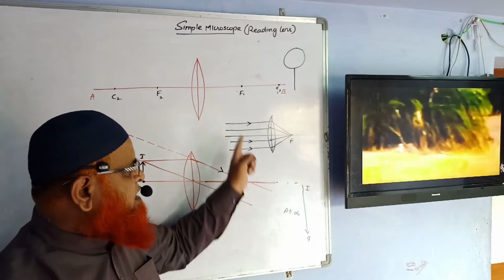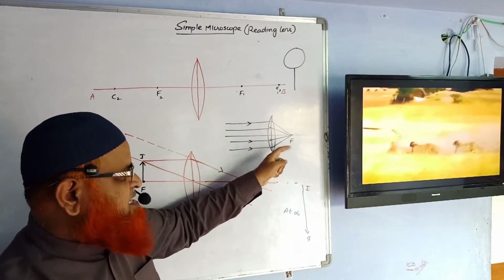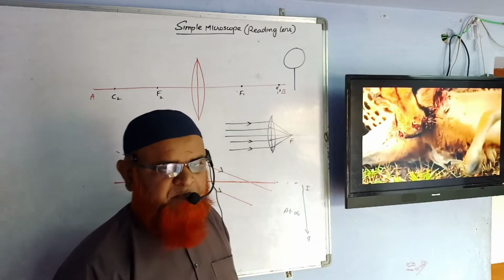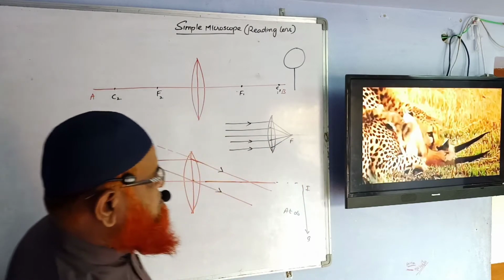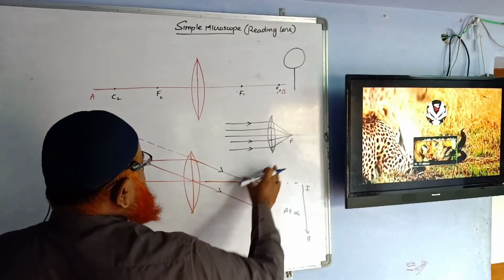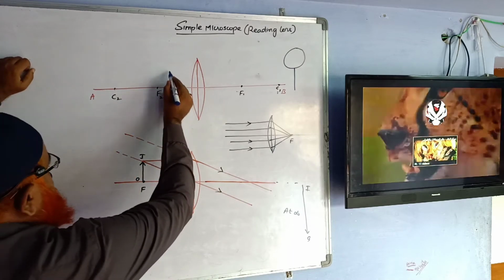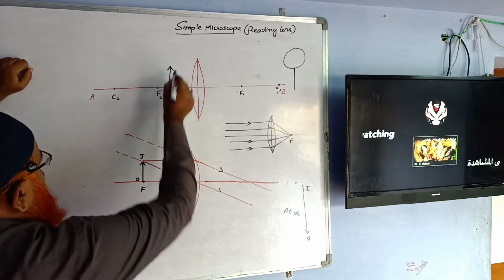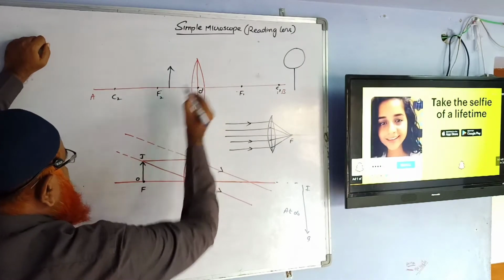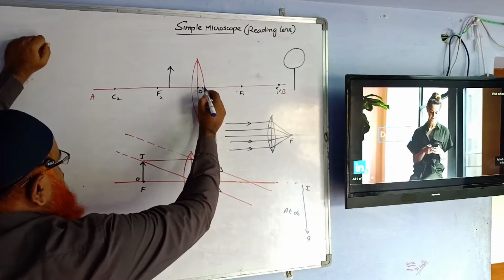So definitely a parallel beam of light rays, when it passes through the lens, has to move through the focus point. So what I'm going to say here, let us see. Now, in this case, I am going to consider an object in between the focal point and the optic center, and let us imagine this is the optic center O dash.